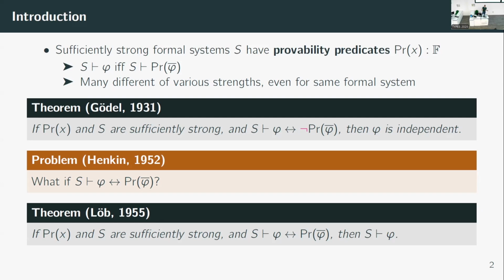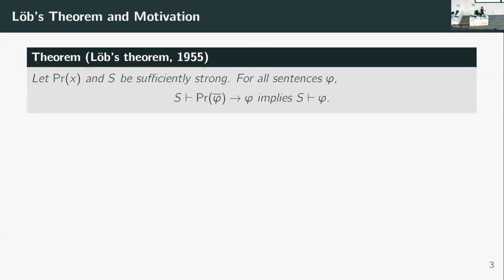And with this, we are in the position to state Löb's theorem formally. What does it say? If you've got a formal system S and the provability predicate for it, and both are sufficiently strong, then in order to prove a sentence phi in the system, you can assume on the object level that the sentence is already provable. Sounds a bit contradictory or even absurd. To prove something, you can assume that it's provable. And in fact, it's quite